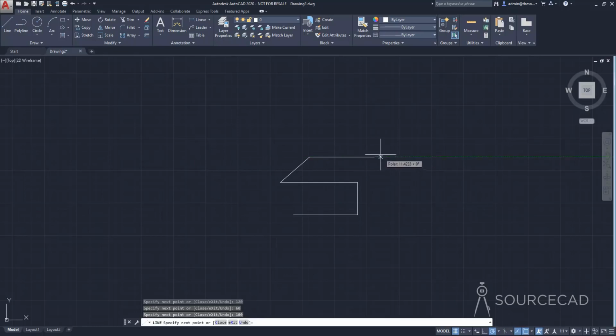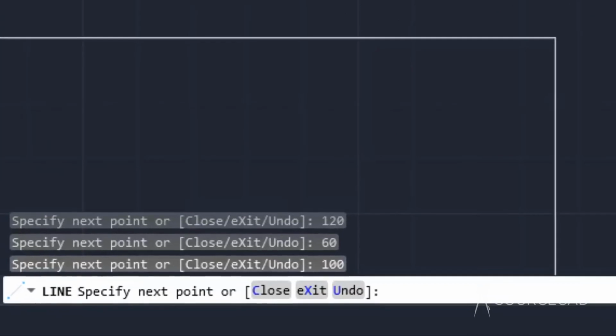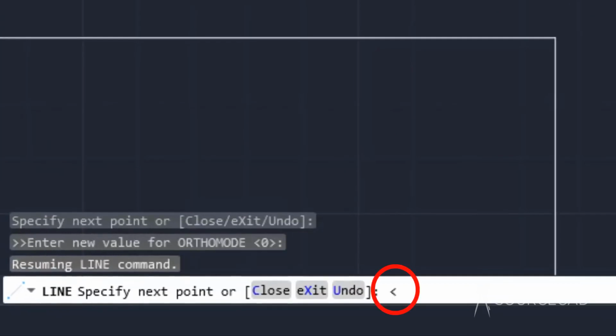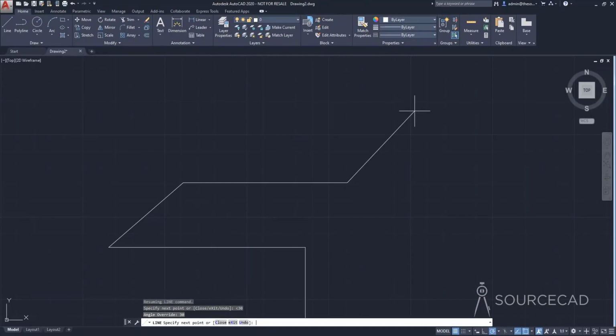Now this length is again 100. And now from here, I want it to incline at an angle of exactly 30 degrees. So now instead of typing 30, I'm going to type this angle sign. Now this angle sign is on your keyboard. It's right next to the M key. So just press and hold shift key, and then press the angle sign key, and it will add the angle sign. Now type in 30 and press enter, and AutoCAD will now take this value as angle,